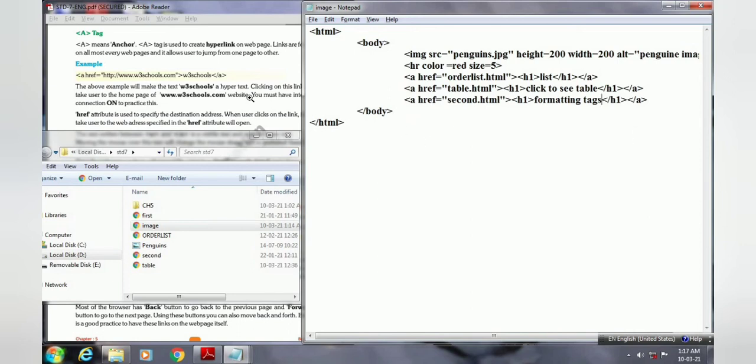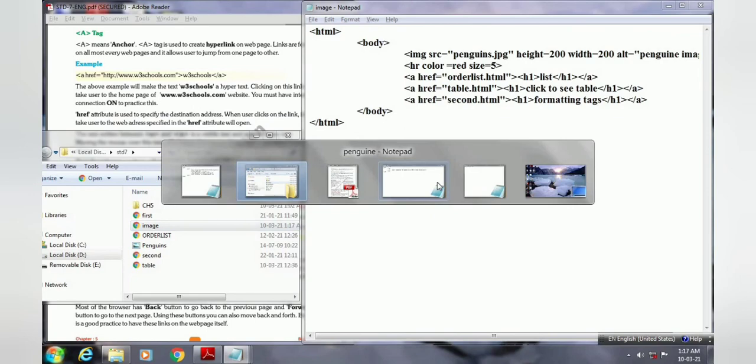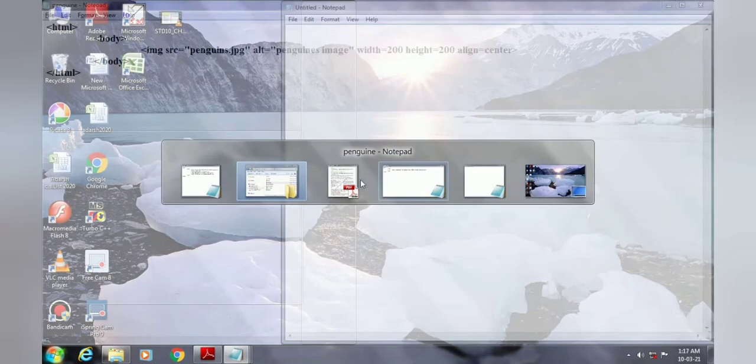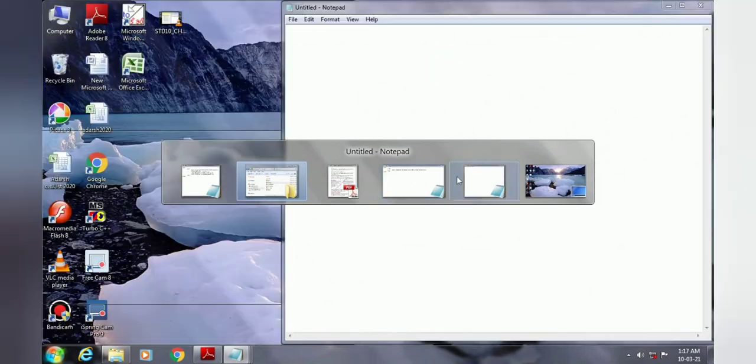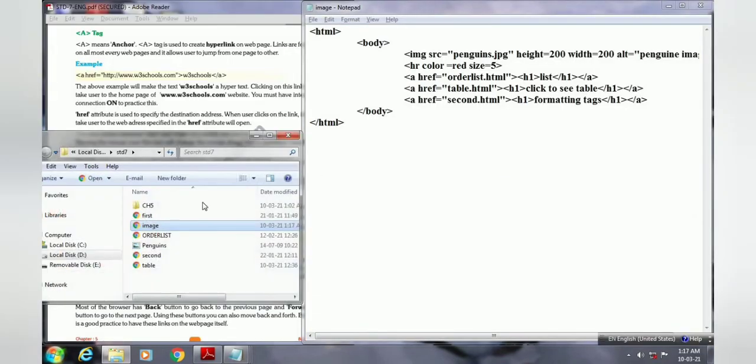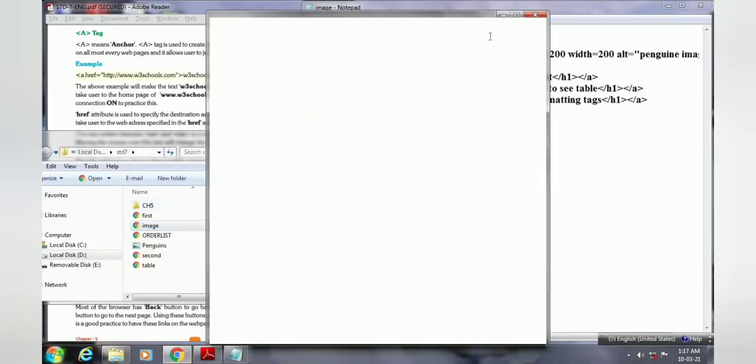So this is our page. I am selecting this file, going to the file menu, and saving. Now we will open our browser window again. So Alt Tab and select the browser window. Where is our browser file that we need to search? Or from here only we can open this file, image. Double click on it, then it will be visible over here.